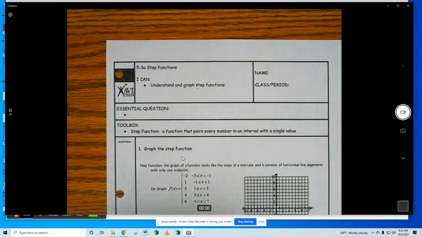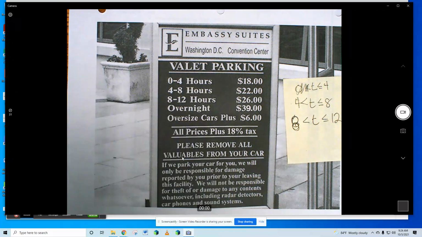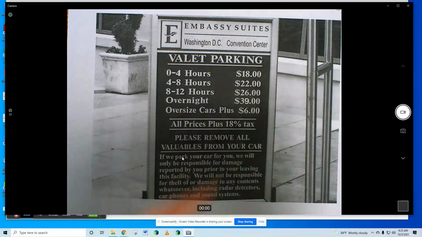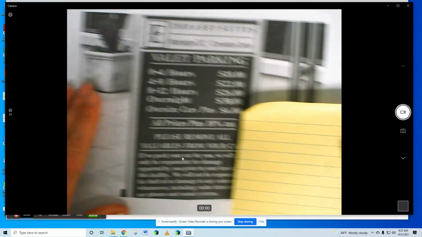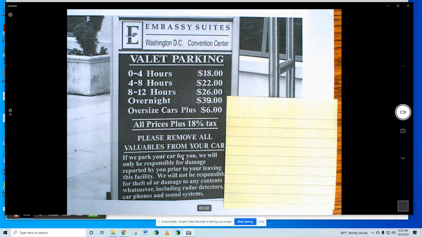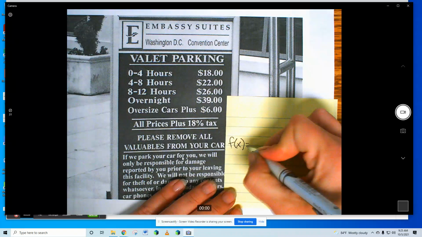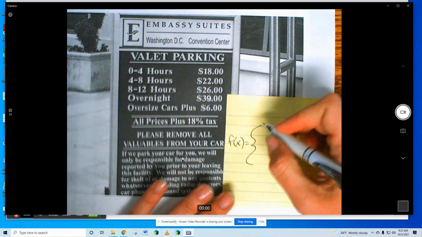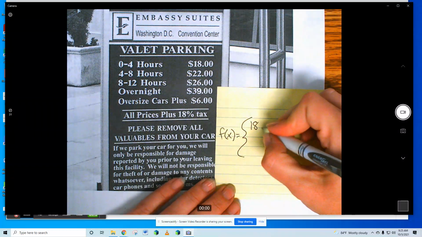We just did the Embassy Suites problem. The Embassy Suites problem was where every hour that I park my car, I have to pay a different price. So what happened is we wrote the equation. Let me get a paper out for you. We wrote equations and we said that if we were going to pay $18, then, and you don't have to write this down, you can just do a little recap,